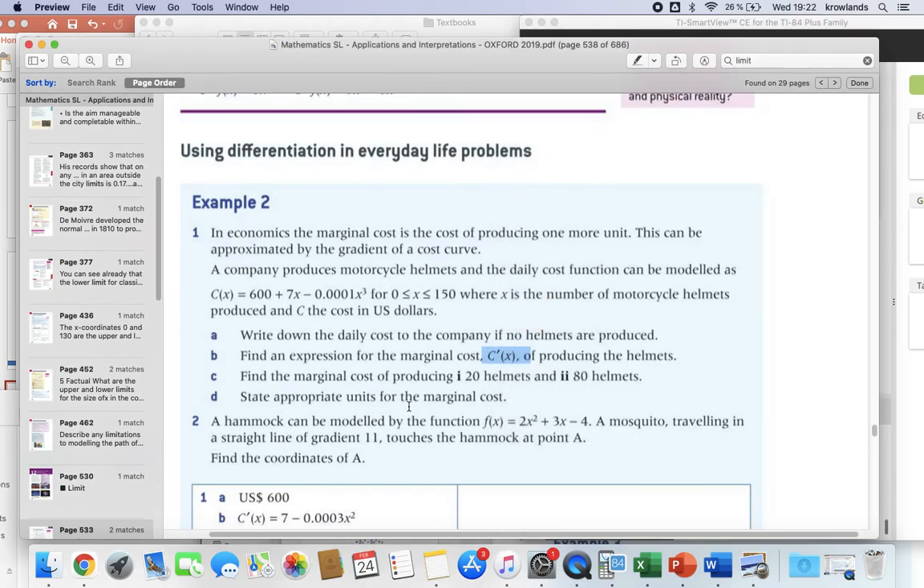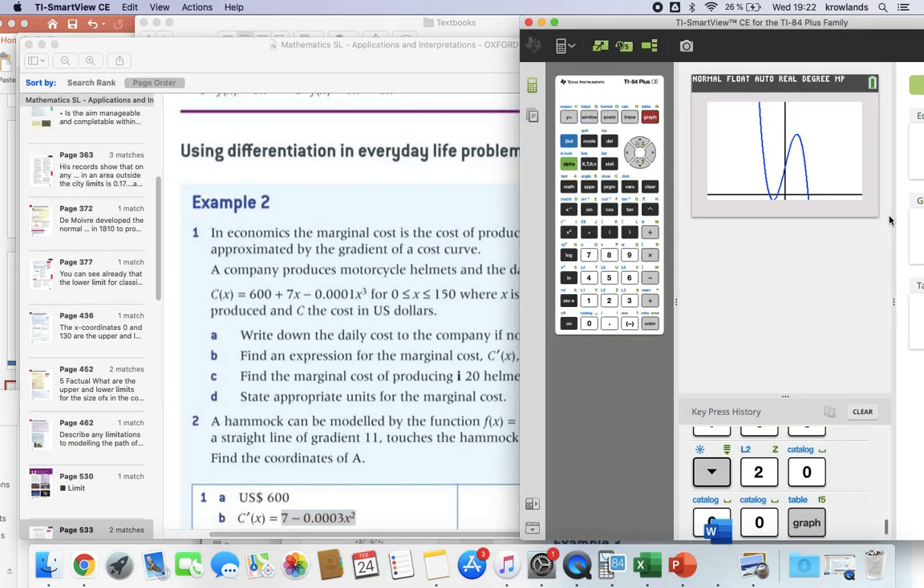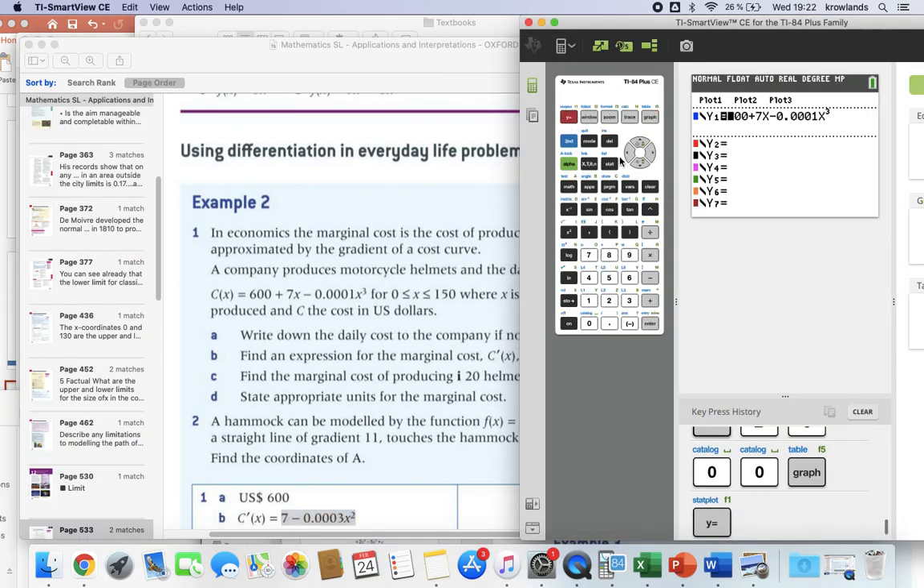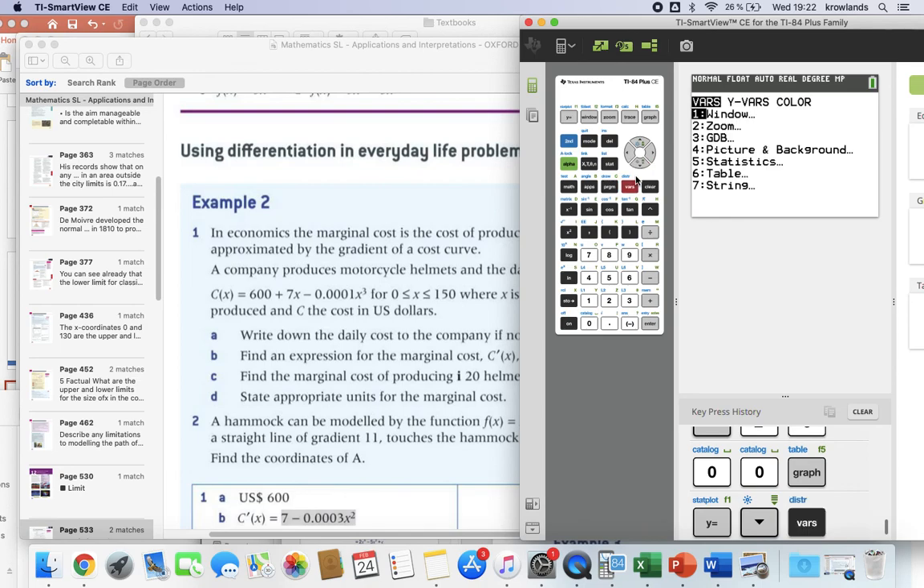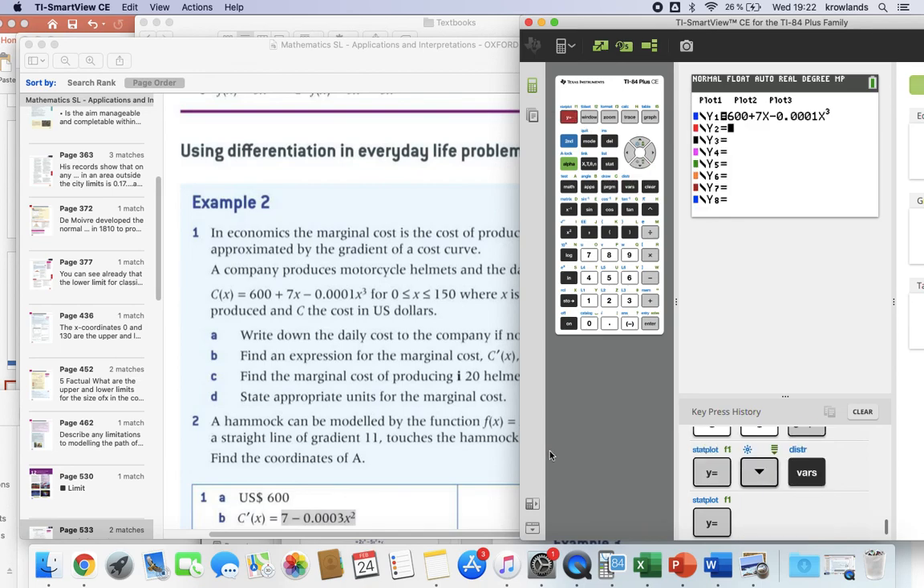Now, it's talking about substituting into the c dash of x formula. Now, if you got this wrong in the exam, this is fine. You get method marks, so please write something down for part B, even if you don't understand how to do it. Go on to the y equals button,